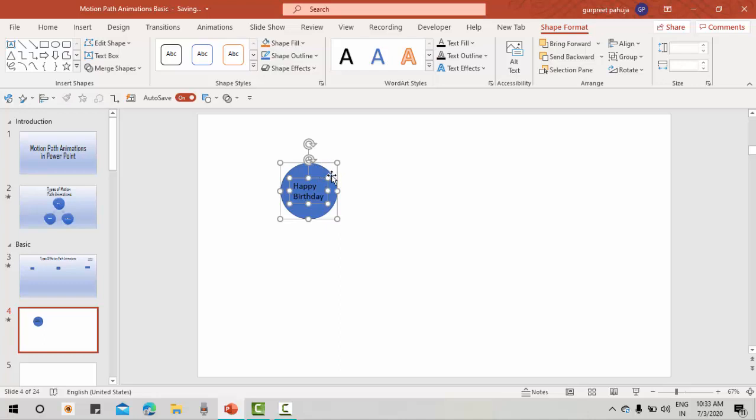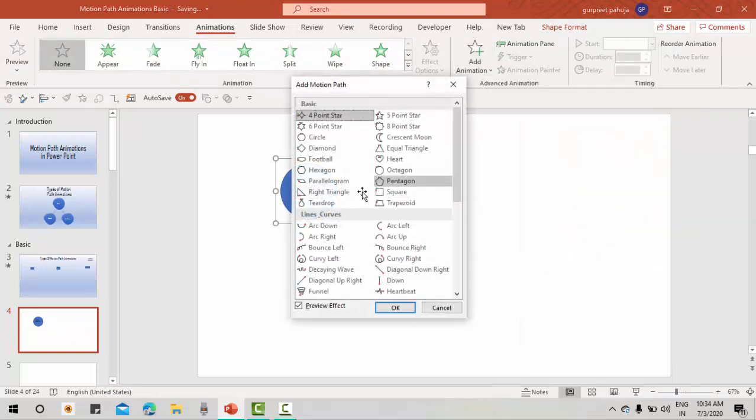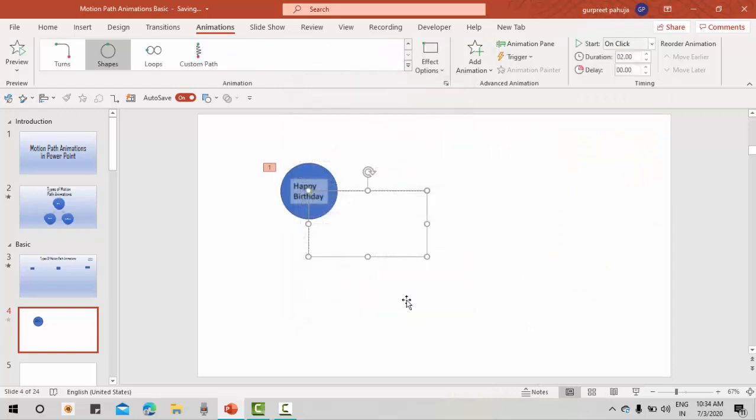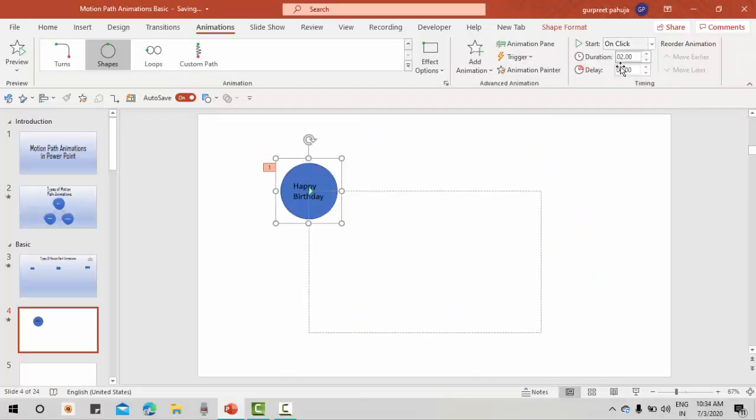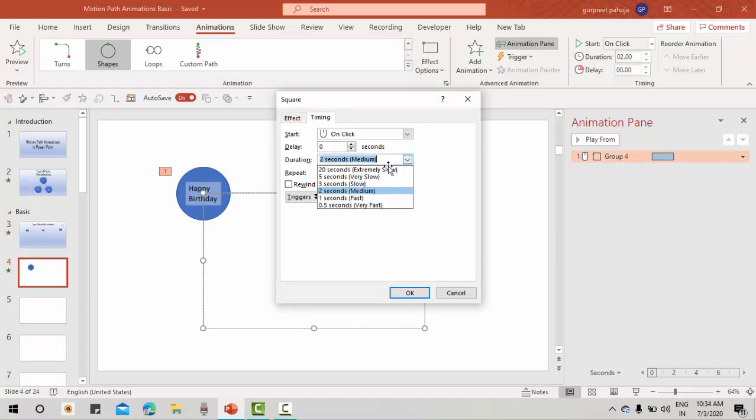We will group both of them by selecting both and pressing Ctrl and G simultaneously, and we will add animation, more motion path, and we'll add a square. So you can see, if you want a slow effect, animation pane, timings, reduce it to 5 seconds.